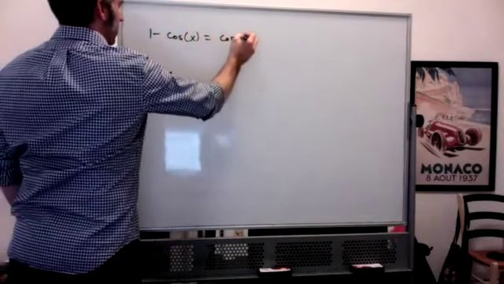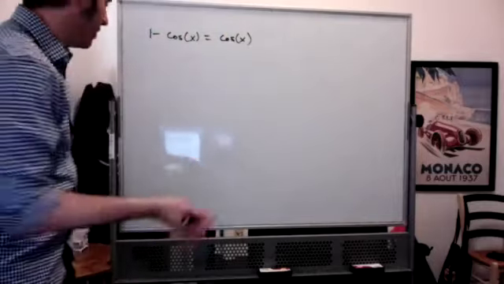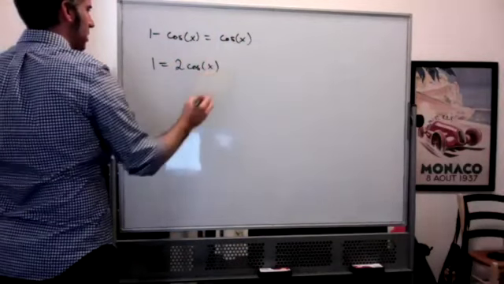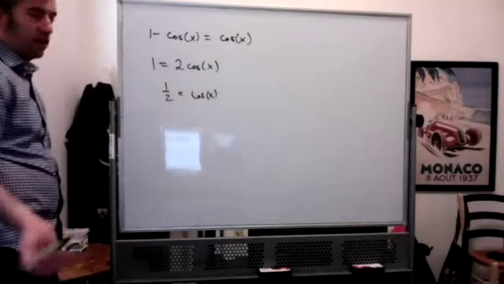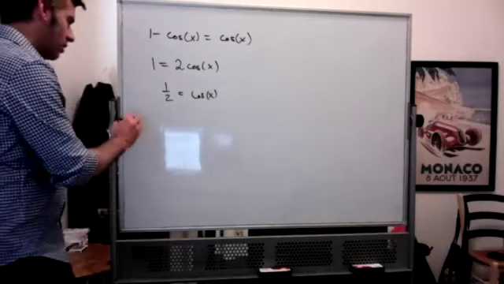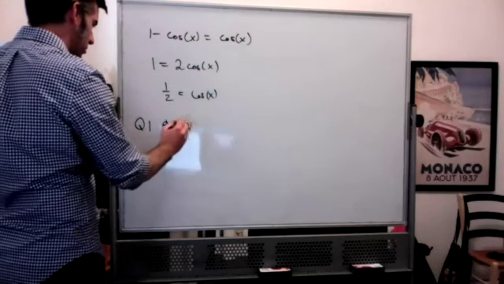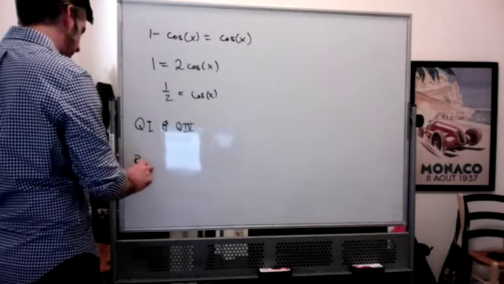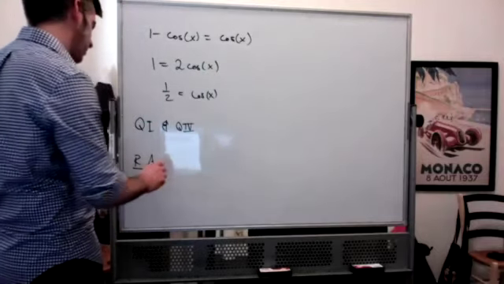1 minus cosine x equals cosine x. Oftentimes I'll make you do a tiny bit of algebra first. If I'm going to solve this, I'm going to have 1 equal to 2 times cosine of x, and then cosine of x is going to equal 1/2. There are 2 places where cosine is positive, in quadrant 1 and quadrant 4. So looking for angles in quadrant 1 and quadrant 4. And I know I want cosine to equal 1/2. My reference angle, which is also going to be one of my answers in quadrant 1, is going to be